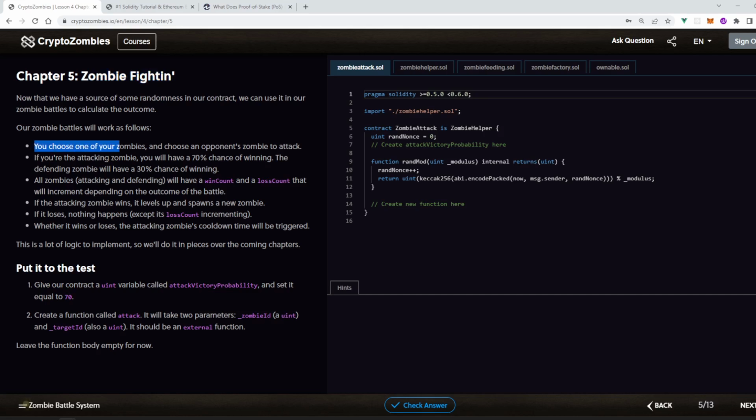You choose one of your zombies and choose an opponent zombie to attack. If you are the attacking zombie, you will have a 70% chance of winning. The defending zombie will have a 30% chance of winning. All zombies, attacking and defending, will have a win count and a lose count that will increment depending on the outcome of